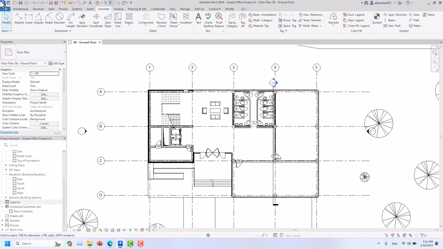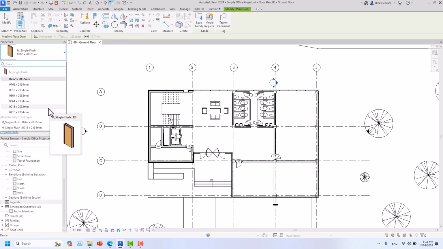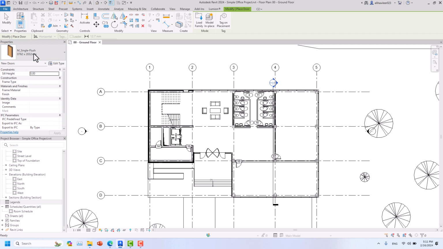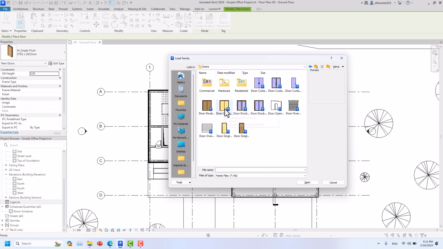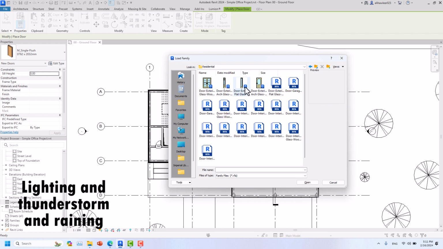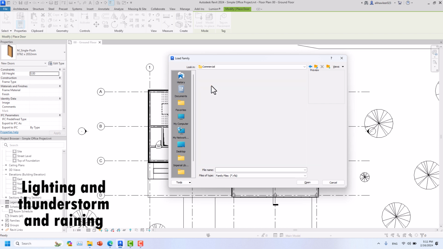Okay, so I noticed that we have one type of door, it's activated throughout the whole project. So I would like to add a load family and change some of the doors that we had. Let me go to the commercial and let's have some of them. Let's go to the residential and see. Actually, I would like to go with the